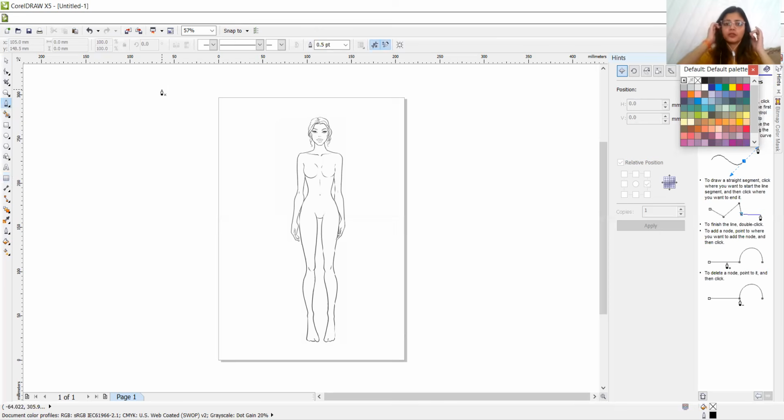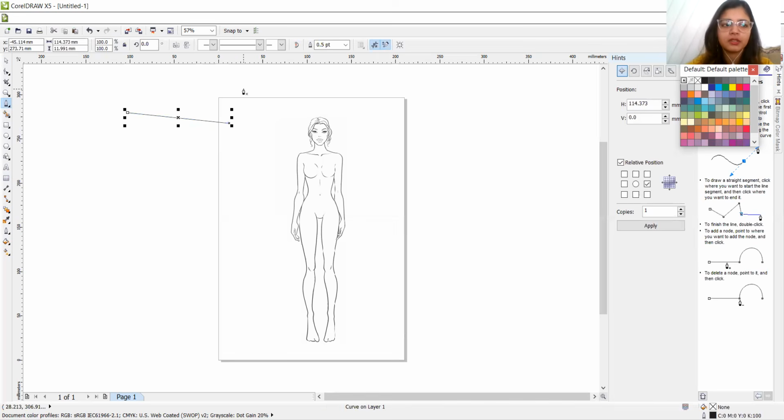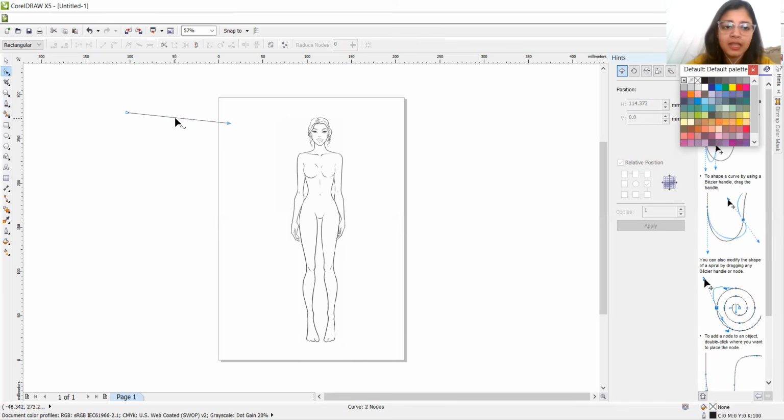So what we need to do is firstly select from one node and then do it. Wherever you stop clicking or you stop the line, you then go to the shape tool, or you can just type F10 on your keypad, shape tool, and select wherever you want to add your nodes. जहाँ भी आपको notes add करने हैं या फिर subtract करने हैं, you can just select it on that area.